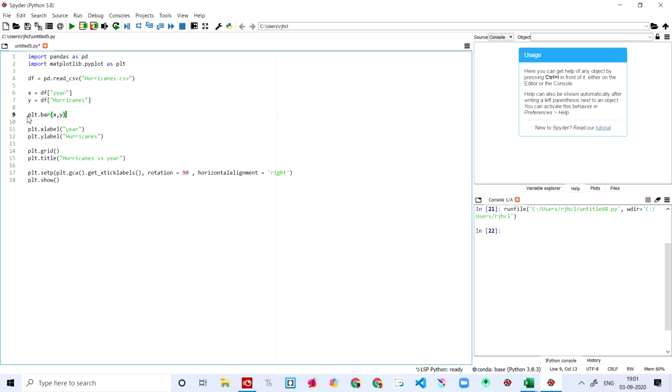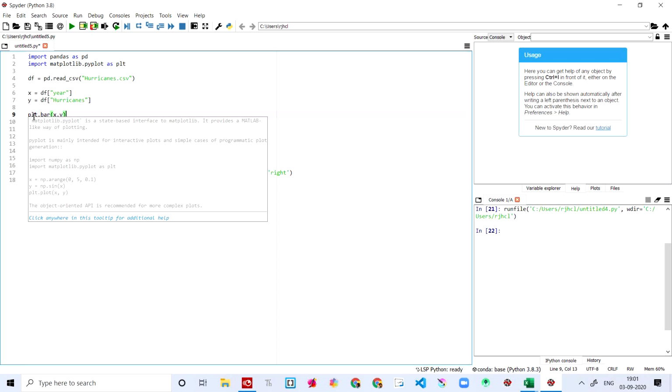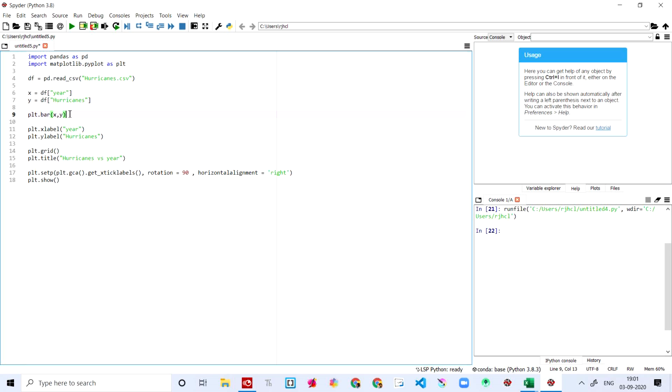Then I'm saying plt.bar, so the x and y axis I'm representing here, writing x comma y in parentheses. The xlabel is going to be year, and the ylabel is going to be hurricanes. Then I'm creating a grid and setting the title as hurricanes versus year.